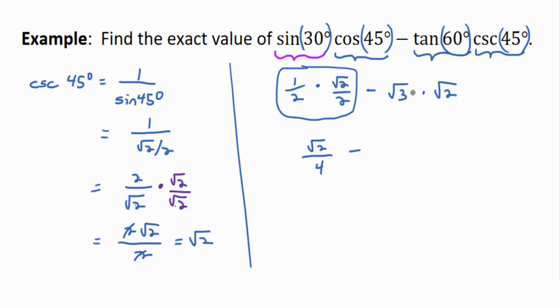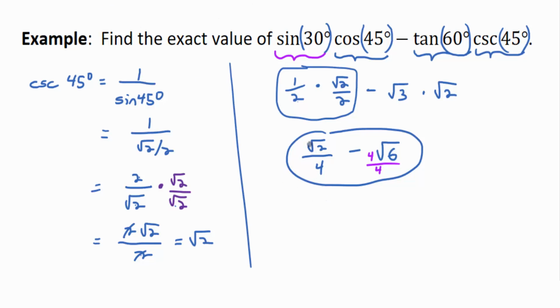You keep one big radical and multiply the radicands together. So it's one big root 3 times 2 is 6. So root 6. Like that. Okay? And that's good enough. You could get a common denominator with, you can stop there, by the way. But if you wanted to get a common denominator here, multiply the root 6 by 4 over 4, and you could write it as one big